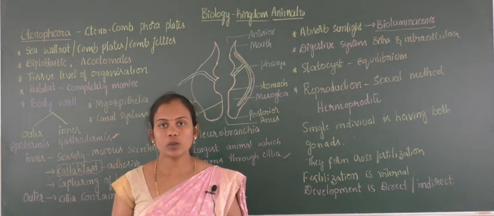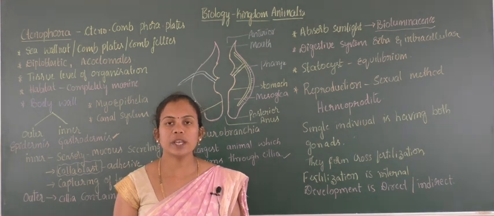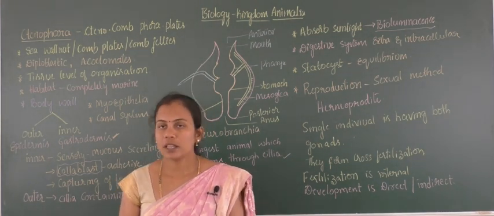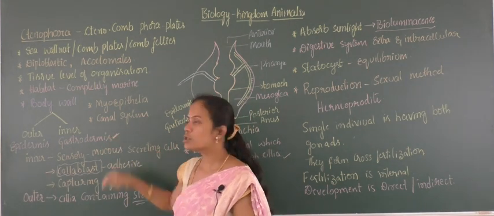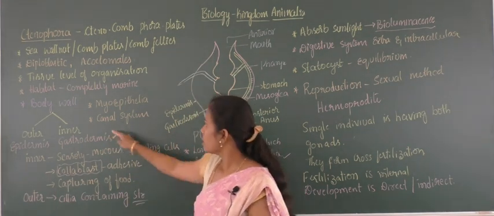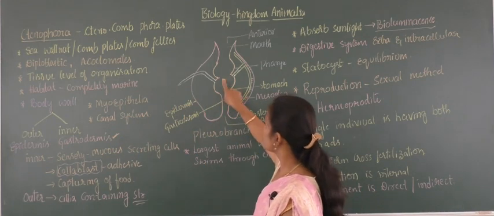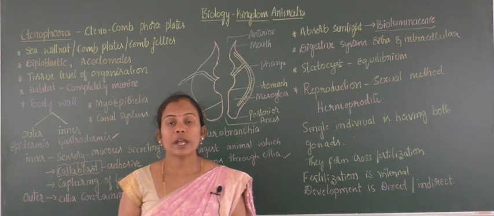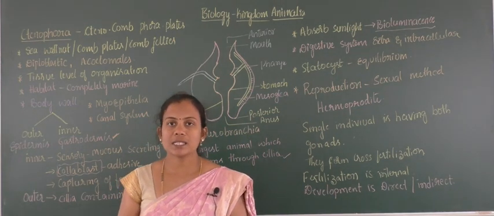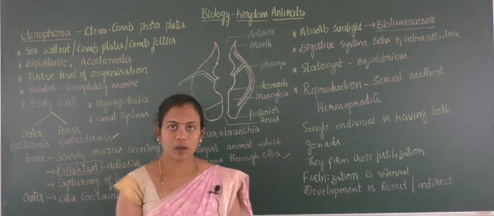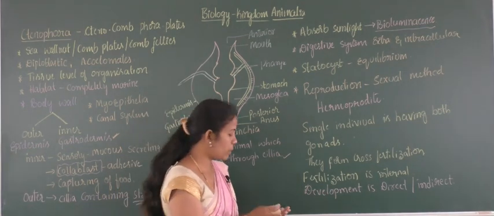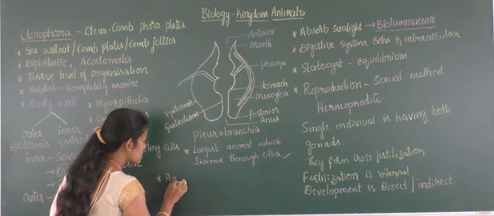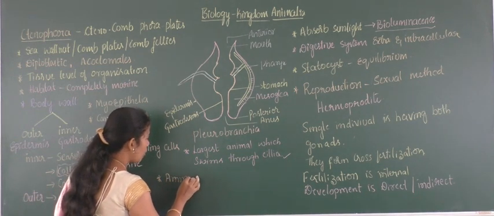By the help of the outermost skin layer, it forms the respiration, that means exchange of gases, and excretion is by the help of the canal system, which helps in exchange of materials, that is nitrogenous waste material. As it is present in the water body, that means aquatic in habitat, it will be ammonotelic. Excretion is ammonotelic.